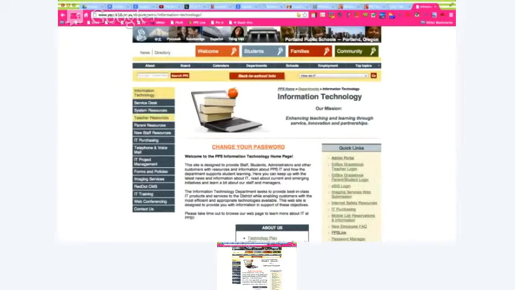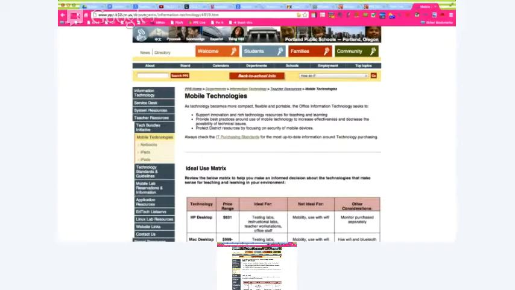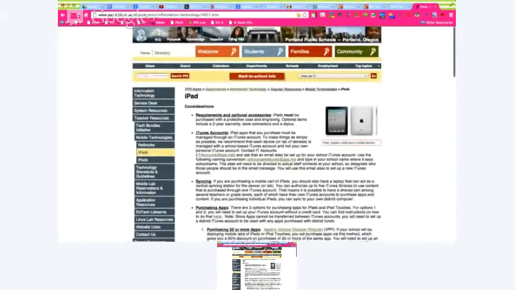And so on the IT homepage, under Teacher Resources here on the left-hand side, I'm going to click that. And then I'm going to go to Mobile Technologies. And then there's a specific iPads page. So if I make this a little bit bigger. So if I just keep scrolling down to the bottom, there are some other links here, and the one I